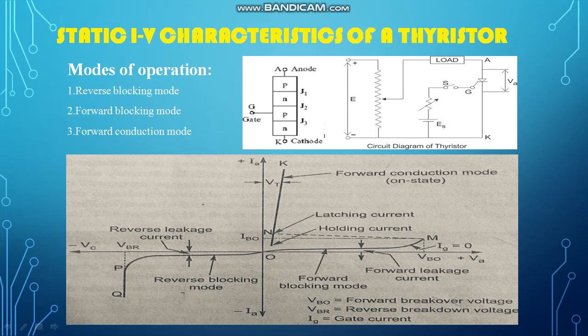Forward conduction means, when anode is positive, cathode is negative, and a gate pulse is given at this point. Now, when the gate pulse is given, what will happen? This PN junction is forward biased, this PN junction is forward biased, and the gate pulse is given, then this gate